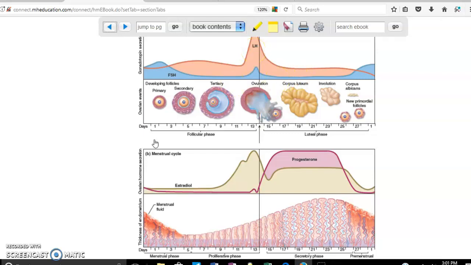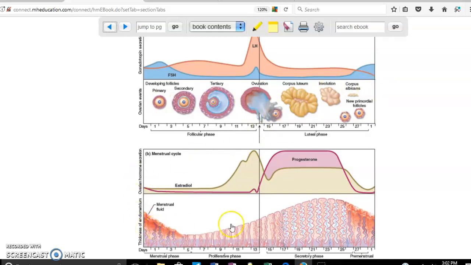So females have two cycles: the reproductive cycle if they are pregnant, and the other one is the sexual cycle if the female is not pregnant. In this case, this is when the female is not pregnant. That particular cycle has two pieces: the ovarian cycle and the uterine cycle. The ovarian cycle is going to be the follicular phase, then ovulation, and then the luteal phase. As you can see here, ovulation has a strong relationship with a peak of LH, but also a peak of estradiol. So this is what happens in the ovaries, from day 1 to day 28.